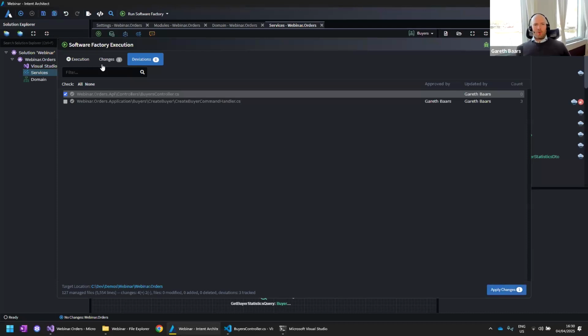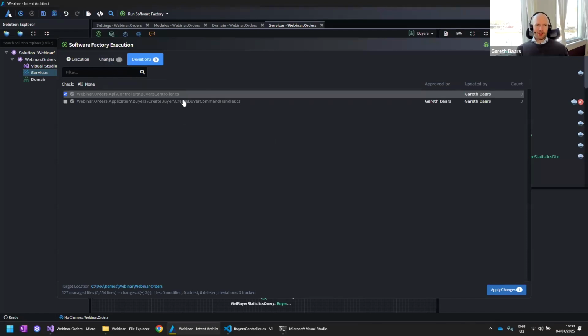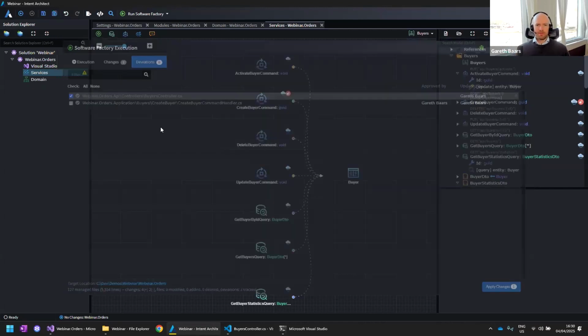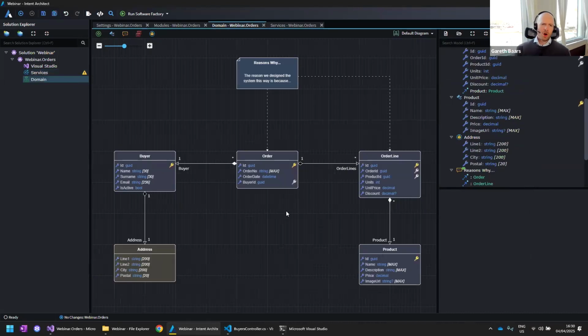Okay. One thing I could also mention here is that for the software factory executions, we have a CLI version of the software factory execution. It's recommended practice with Intent Architect that you plug this CLI into your CI/CD pipelines. What that can do for you is 2 things. The first is that it'll automatically validate that the designs of your system are in perfect sync with your code base. That's very key, because it means you can focus on the designs of your system without wondering whether the code base is in sync or not.